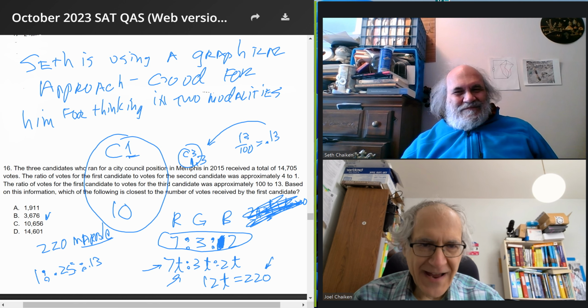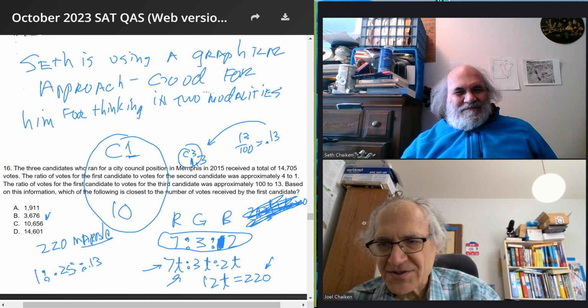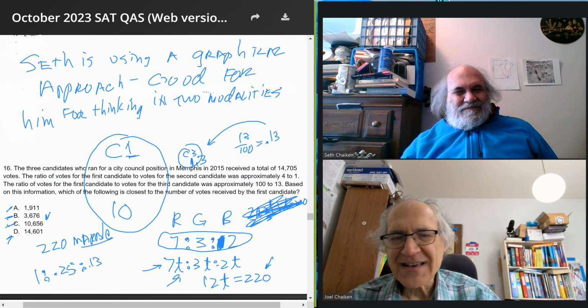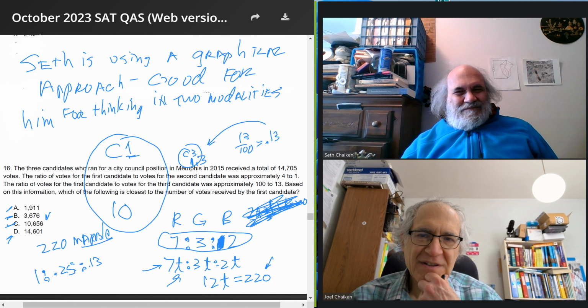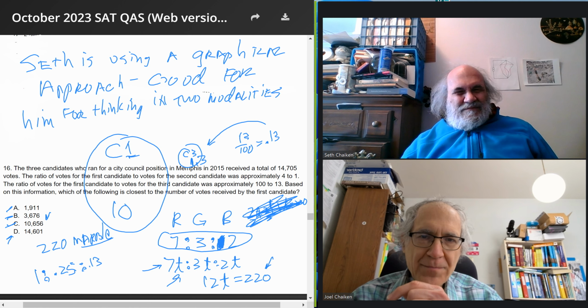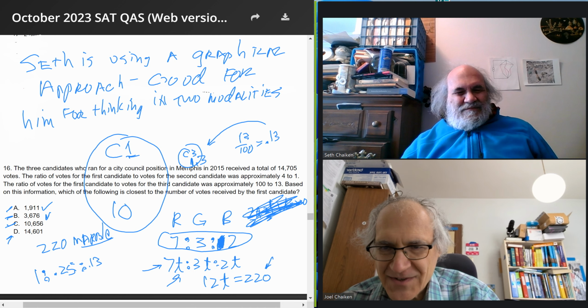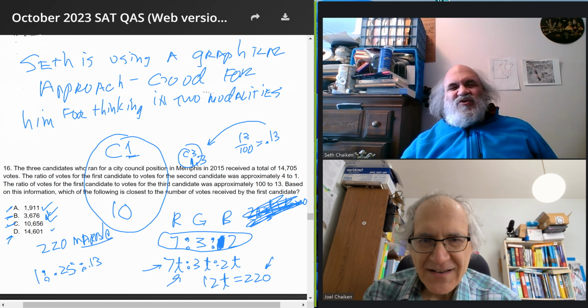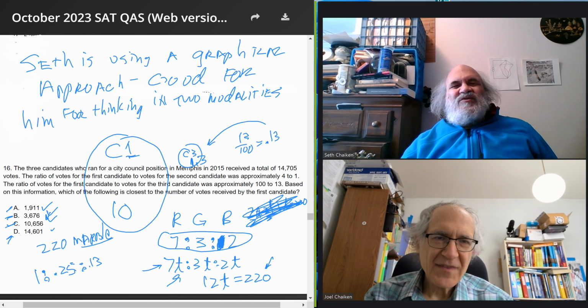If you did it graphically, yes, looking at the answers and seeing which one is more consistent with the graphical solution is definitely a good way to do it. But you'd have to have a lot of intuition with this problem in order to look at the answers and say, oh, I know which one, just by asking yourself, does this make sense. That's a possible way of doing it, particularly if you do it graphically. We did it graphically. And the intuition is that